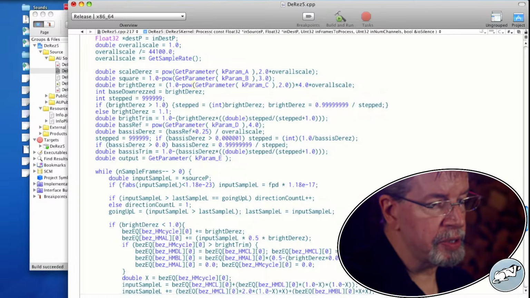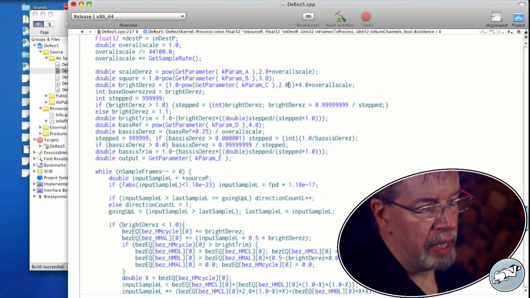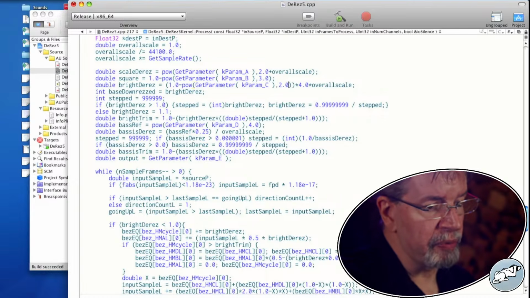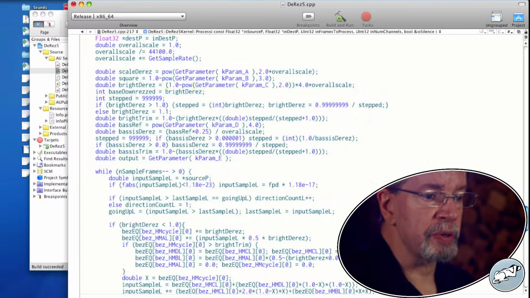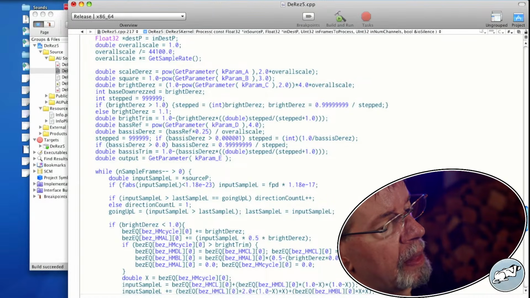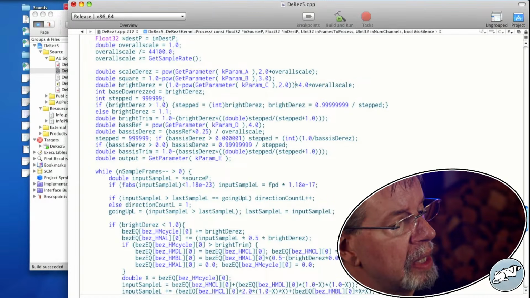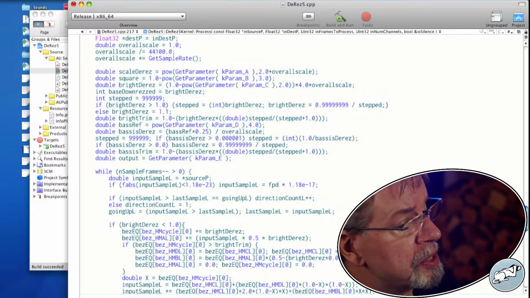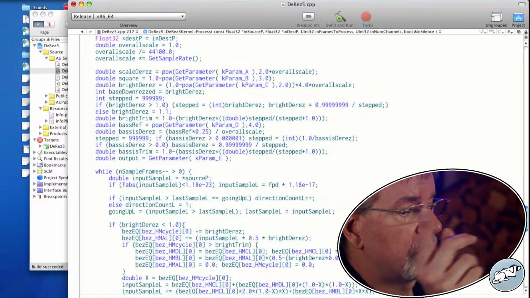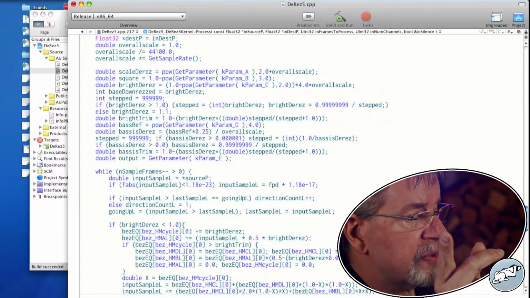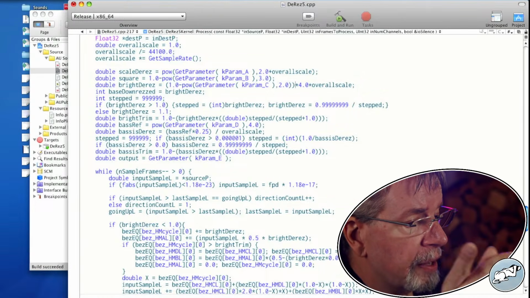This produces a logarithmic shape of per MC. This produces 1 minus that, meaning I crank it up all the way, and it's going to be 0 times 4 times overall scale.